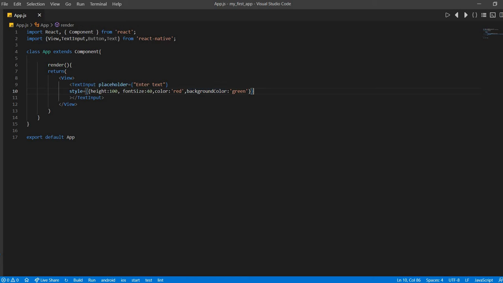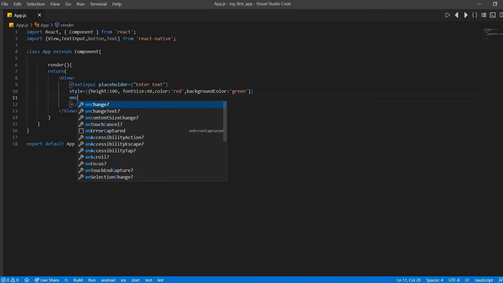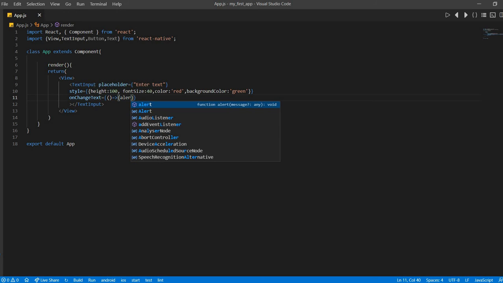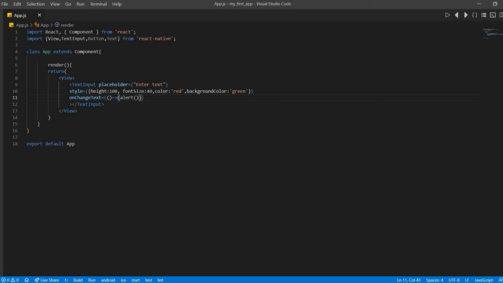And there is one method called onChangeText. So in onChangeText, we will use an arrow function like this, and we will add alert like this.